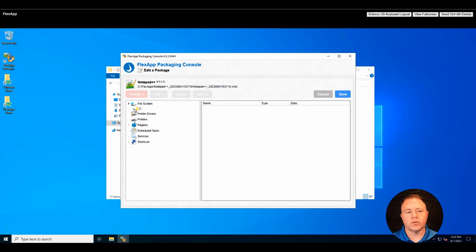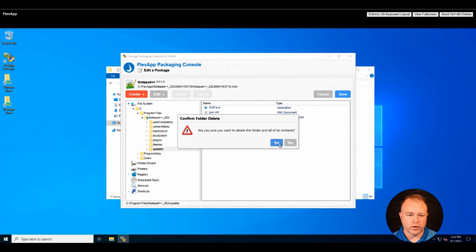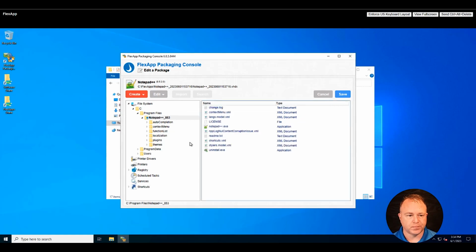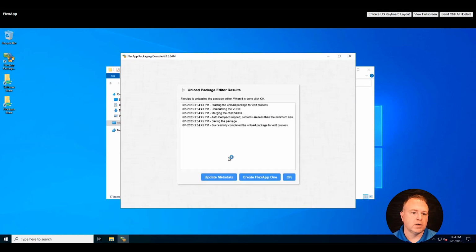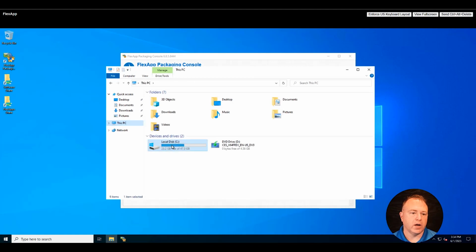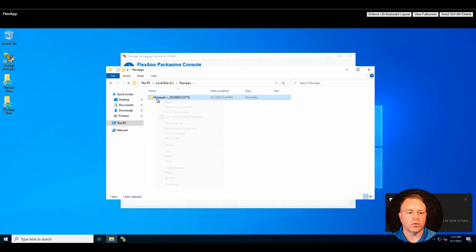I'm going to drop down to the C drive into the program files where we installed Notepad++ and simply highlight the updater folder and click delete off the edit button, getting rid of that whole folder, eliminating the ability of the application to update. And we'll save those changes out. And click OK. And now we have an updated FlexApp package in our C FlexApp folder where I decided to